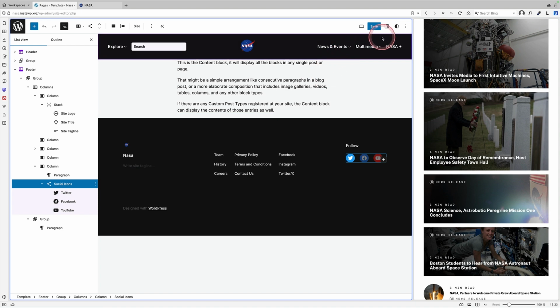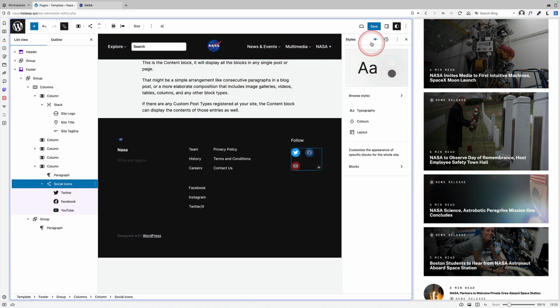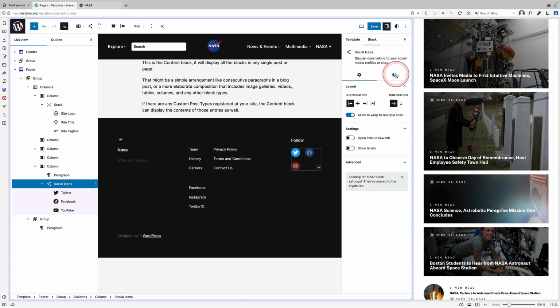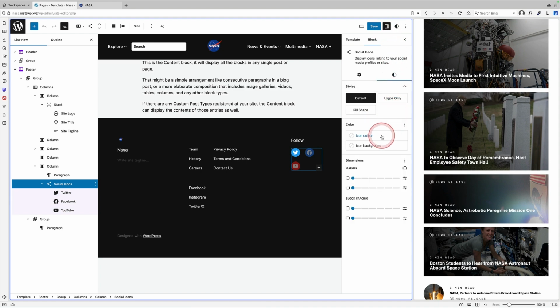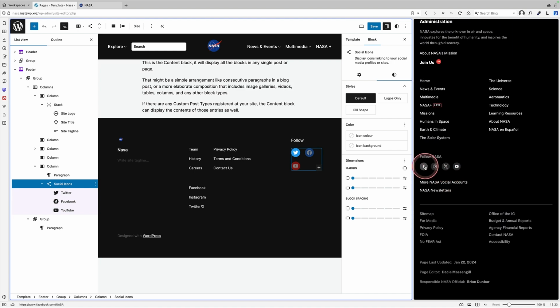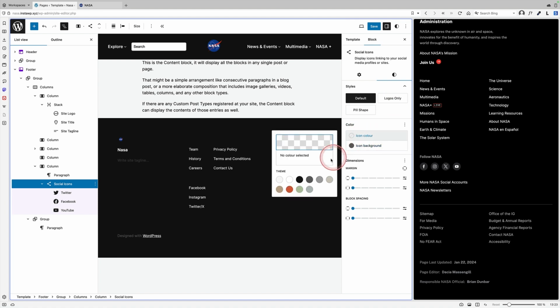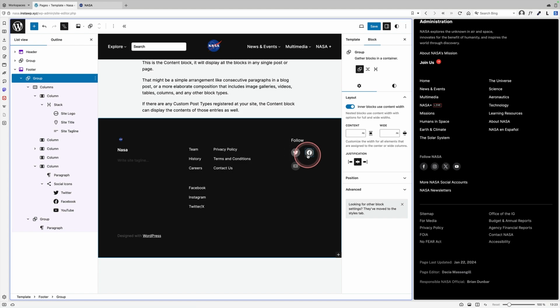And then if I want to style those, I select the social icons block over on the left, and I can come into my block settings here and I can click on styles and I can change the icon background and color. Let's just check out what we've got here. So we've got a sort of gray background color. So let's choose that color now. I could be more precise and I'm going to choose a white icon color. There we go. There's my little icon.